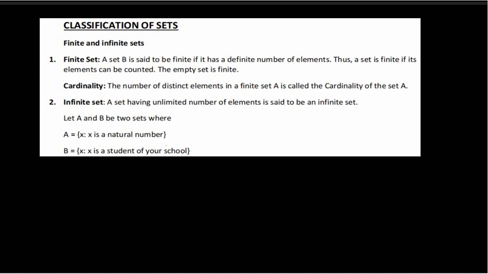a finite set. In another way, the number of elements can also be called what we call cardinality. According to the definition that I have, the number of distinct elements in a finite set is called cardinality. So a cardinality is the number of distinct elements in a given set. So a finite set has a cardinality,